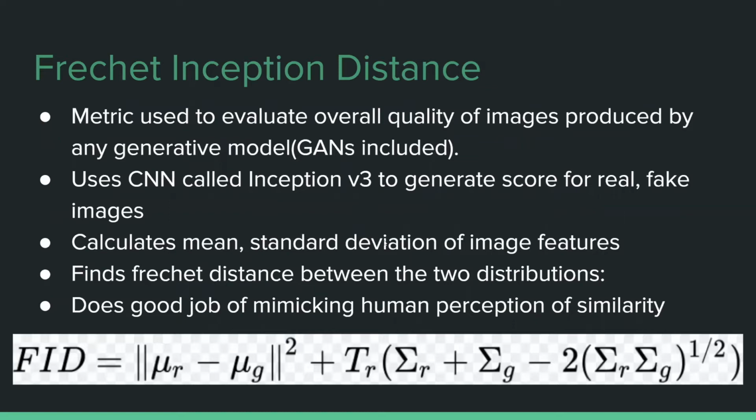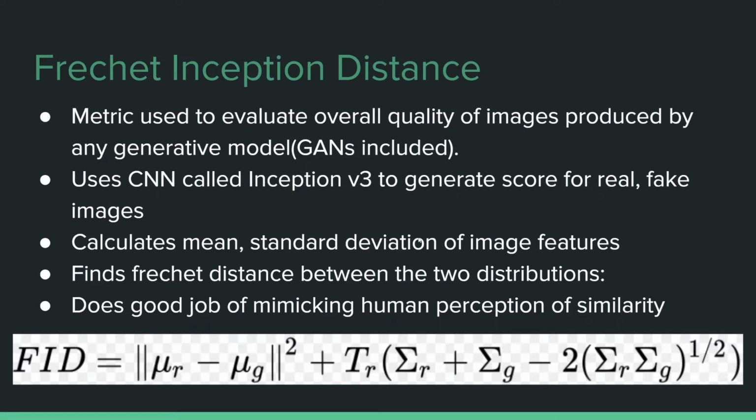The FID is actually short for Frechet inception distance, which is a pretty common metric for GANs. The basic idea is it uses a convolutional neural network called Inception version 3, and will basically extract features and generate a multivariate Gaussian distribution based off of the output of that. And then we take the Frechet distance between them, which is a common math term, which just has a formula below. Turns out this does a really good job of mimicking human perception of similarity, whereas pixelized comparison does not